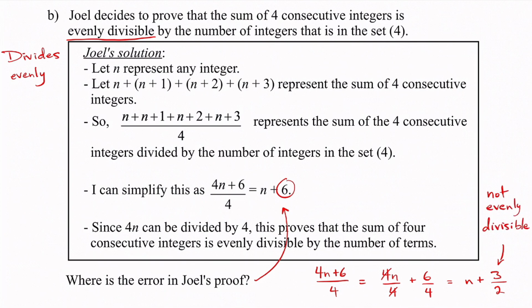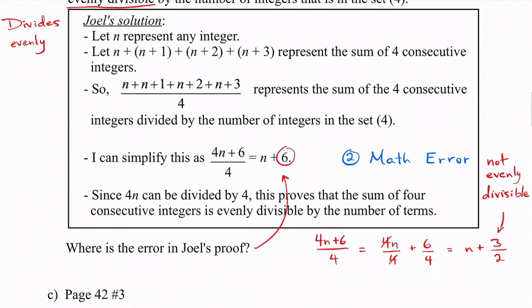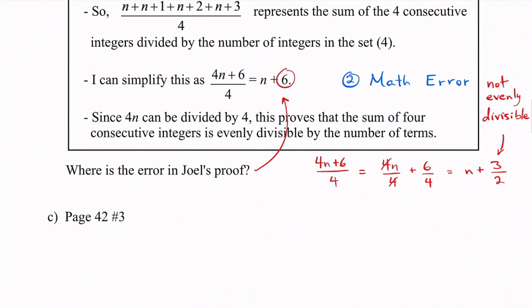So the type of error that we actually made in this one is called a math error. He did not do this division here correctly, so we ended up getting a math error. So that's our second type of error. The next type of error, we're going to look at page 42, and we're going to look at question number